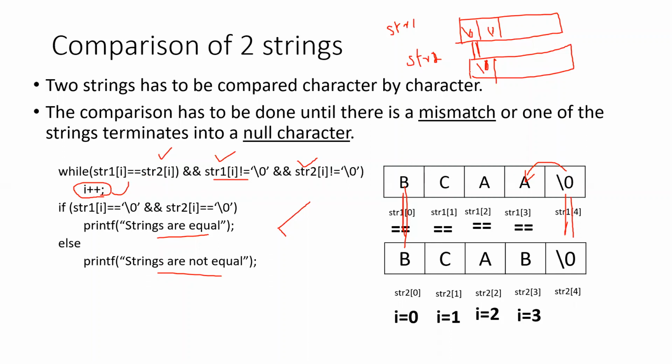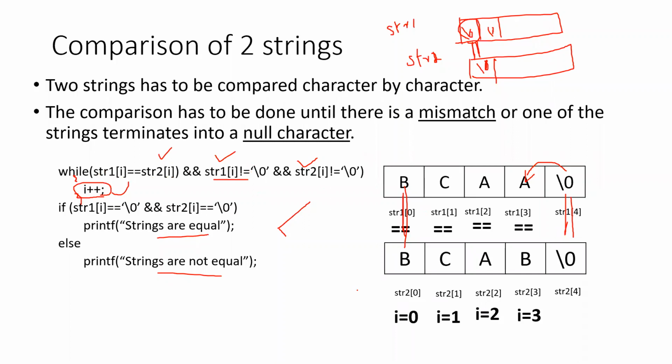But in order to avoid such erroneous conditions, you are checking it should not be any of these characters. It should not be equal to null character. That condition also we are mentioning. Okay, in that case, you have to increment the I value. So this, if you want, you can give within the curly bracket. The line to be executed is if str1 of I is equal to str2 of I.